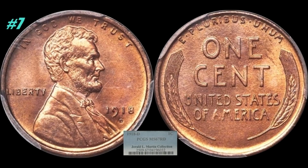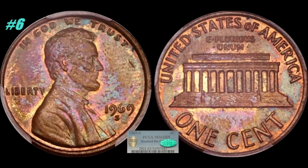Coming up at number 6 was a coin that I had highlighted in a previous video, and that's the 1969S Lincoln Cent with the double die obverse. Okay, this is everyone's favorite cherry pickers type coin right here, and one of the top varieties that you could find in pocket change today. This one graded out at a very pedestrian PCGS Mint State 63 brown,